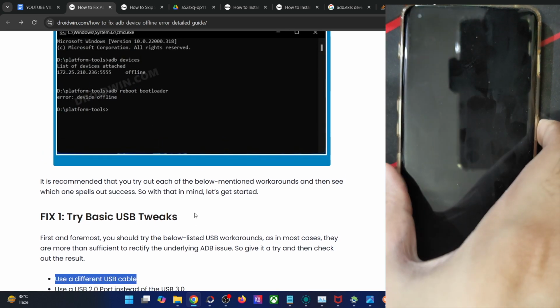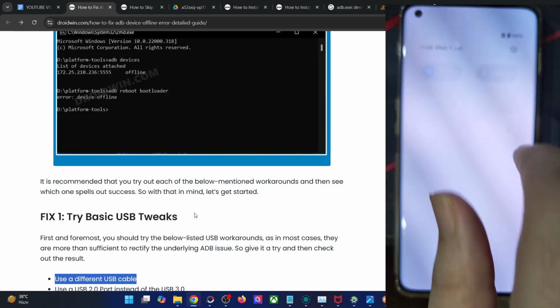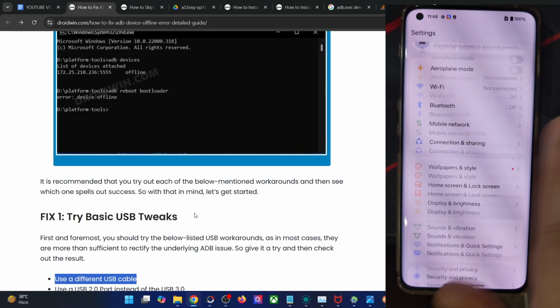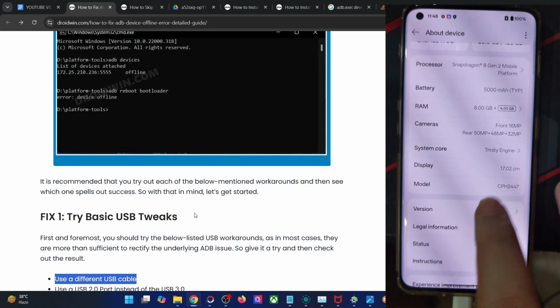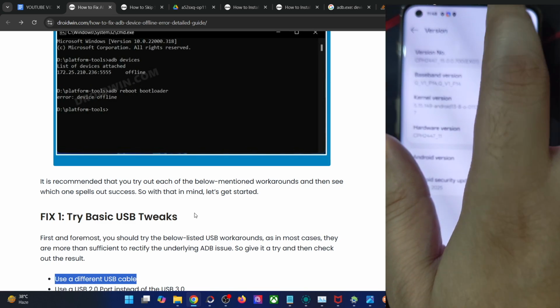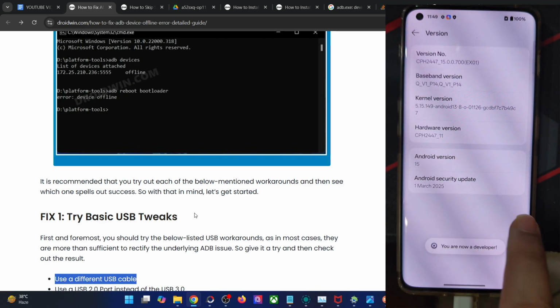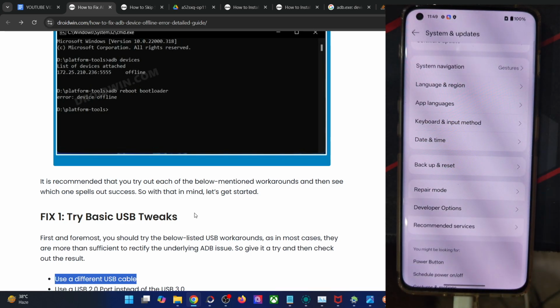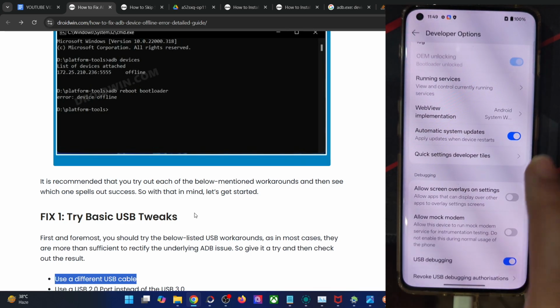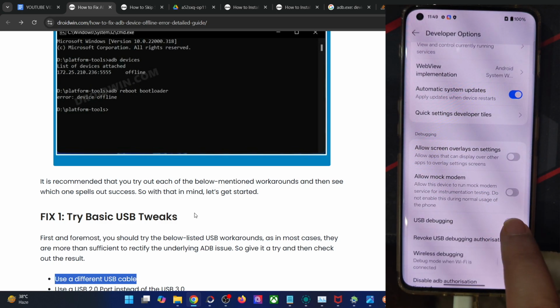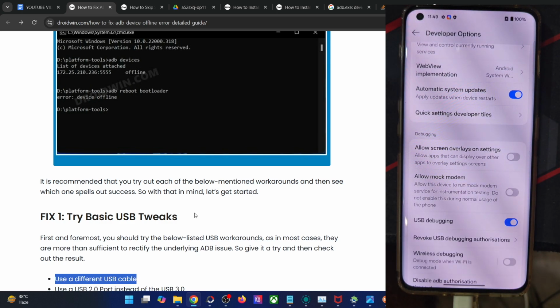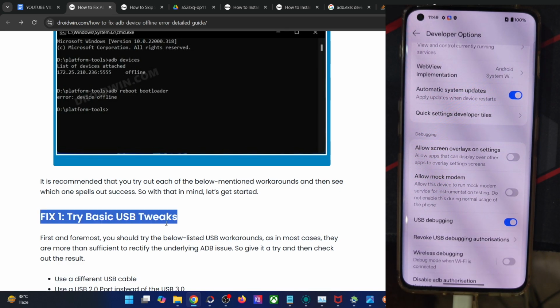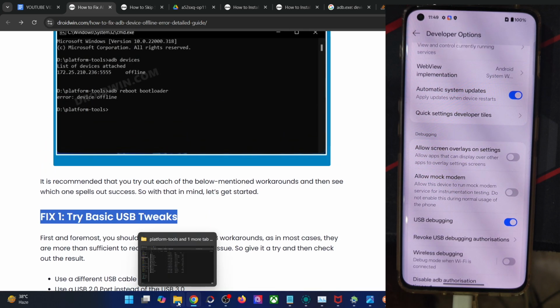But if you are still facing the issue, then apart from that, you will have to disable and re-enable USB debugging on your phone. So go to settings, about device, version or about phone, tap on build number or version number 7 times. After that, go to system and build number and about phone, and you could then turn off and re-enable the USB debugging. Tap on OK, and you might get one more prompt, so tap on allow, and with this the debugging has been restarted. Let's now verify if it's working or not.